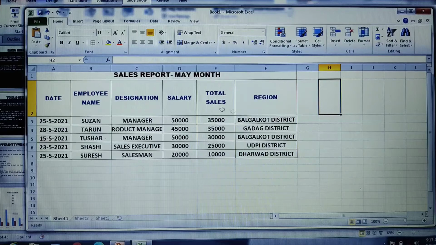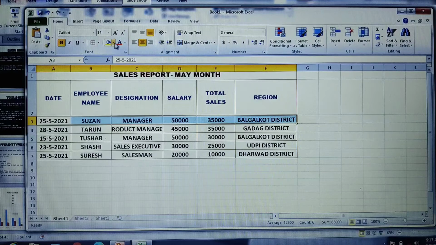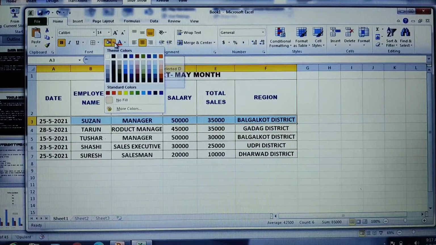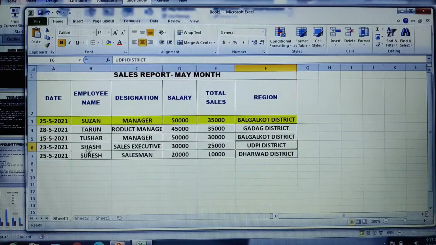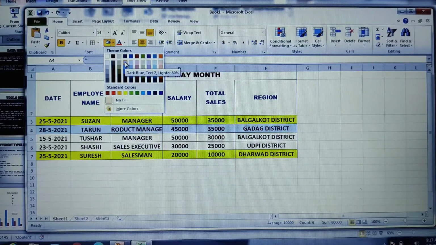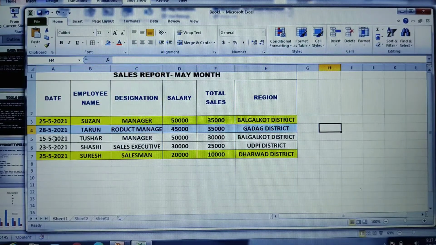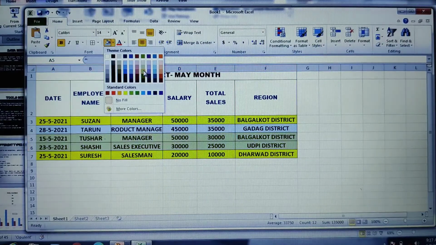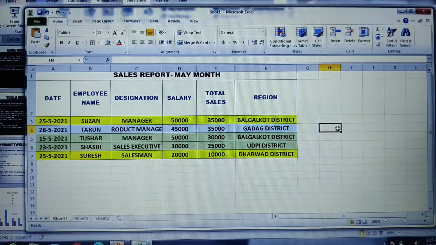Clear? Okay. Now what I'll do is I'll apply formatting to the cells and give some cell colors. I'll choose yellow color here. The last record also I'll choose with a yellow color. For this one I'll give a cell color, yes, this is not visible, I'll take a light blue color. These two I'll give some other different colors, I'll take a light green. So this is how I have given the cell colors.